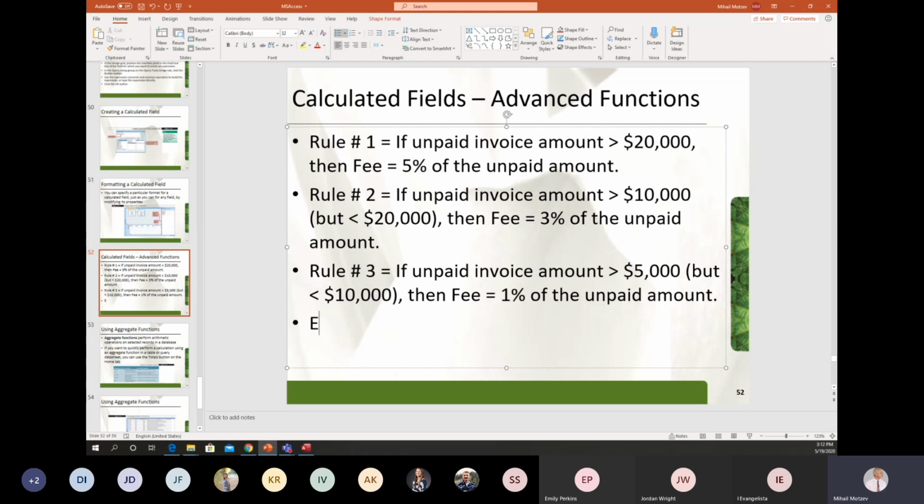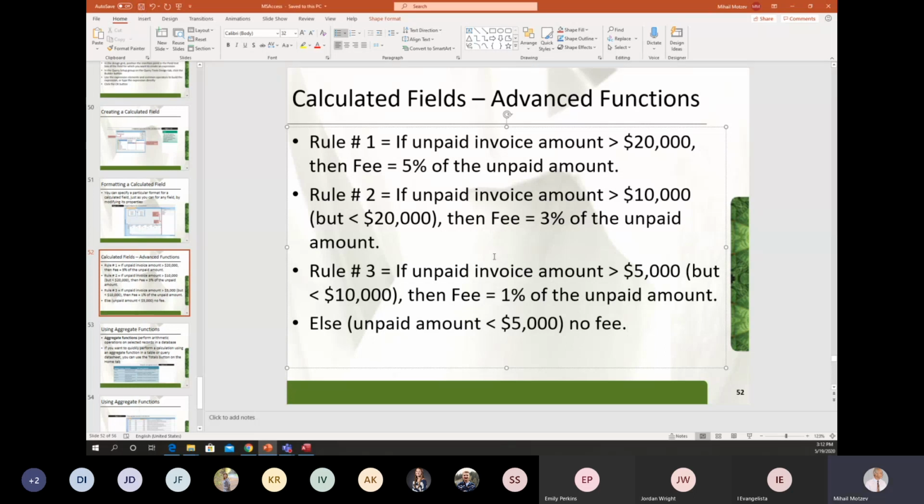And finally, else, meaning the unpaid amount is less than $5,000, no fee. All right. With these rules in mind,